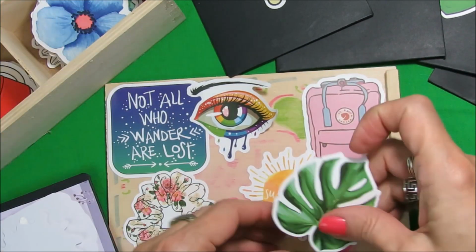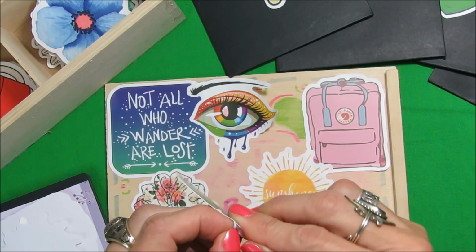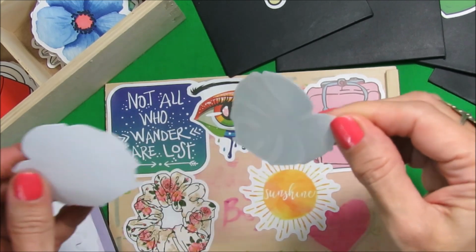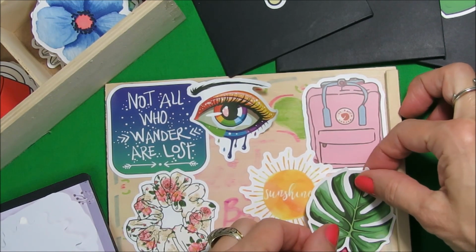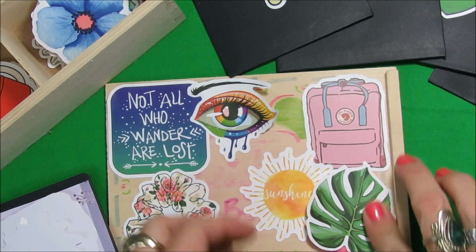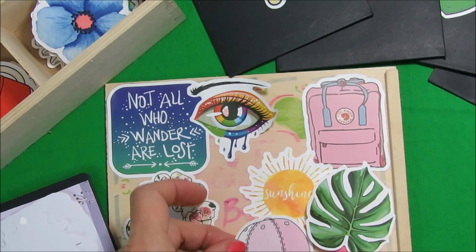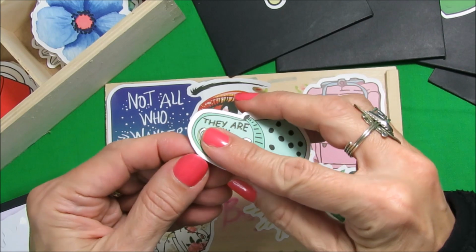Whether you use it for storage, as a decorative piece, or even as a gift box, this is sure to add a pop of color and personality to any space. So next time you're looking for a fun and easy DIY project, why not give stickers decorating a try? The possibilities are endless and the results are always